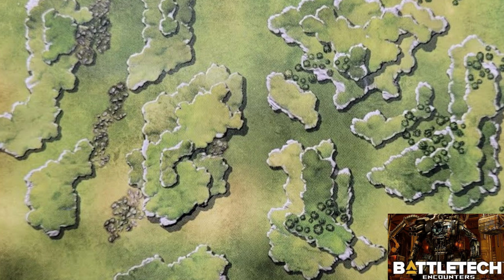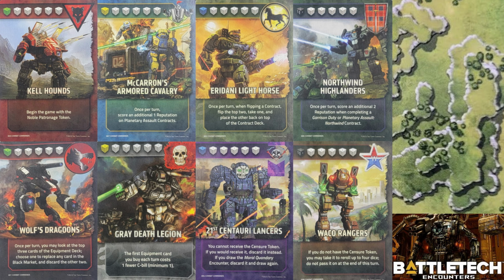Each colored die is represented twice throughout all the unit cards. This is all pretty straightforward, so let's go now to the segment I'm going to call...